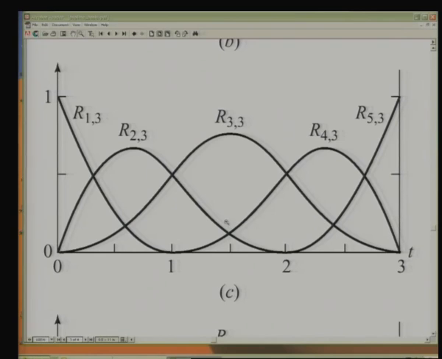Now, how do I interpret these basis functions which are plotted? Suppose I take u is equal to 0, then what is the value? I have only this one which is non-zero, which means the entire thing is defined by the first basis function, which has value equal to 1, that means the curve passes through the first point. Now, if I take any value between u is equal to 0, let us say u is equal to 0.5,